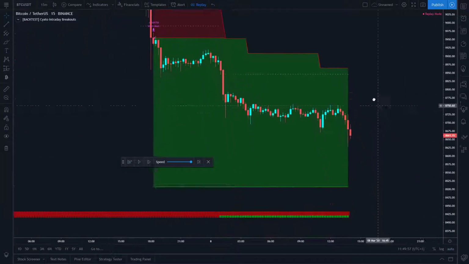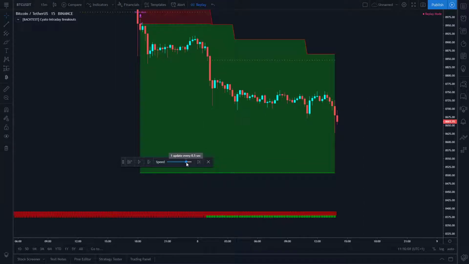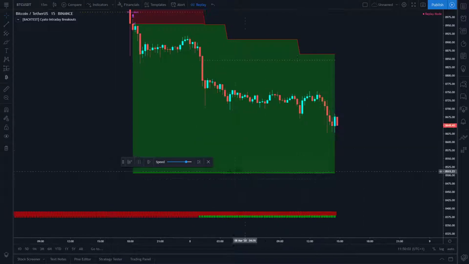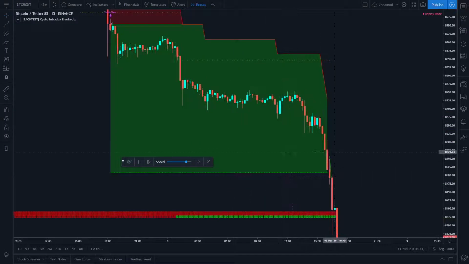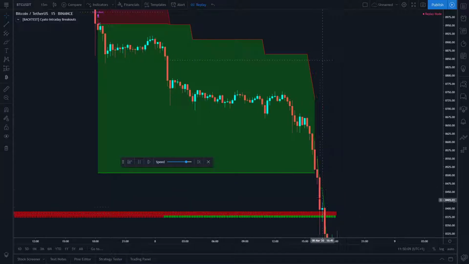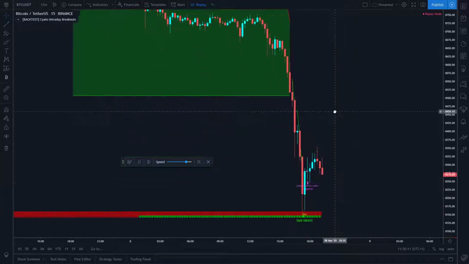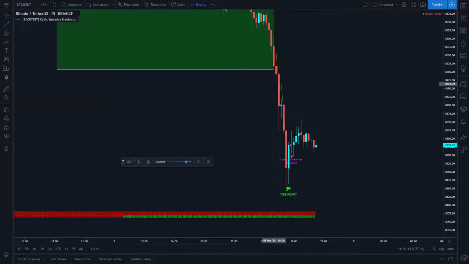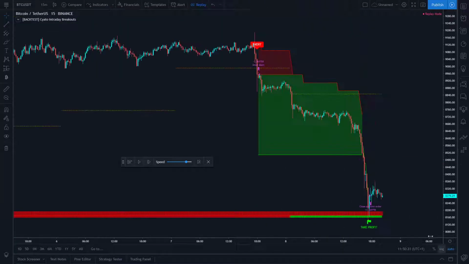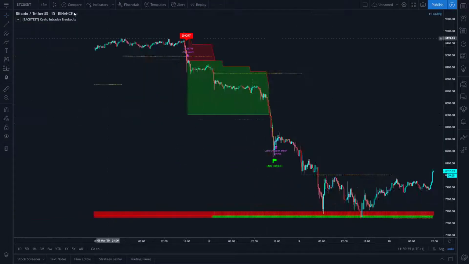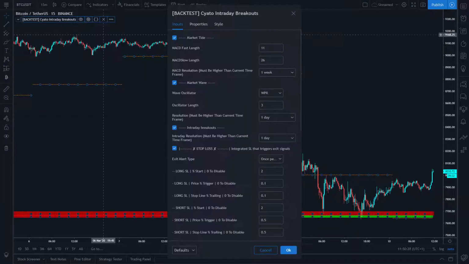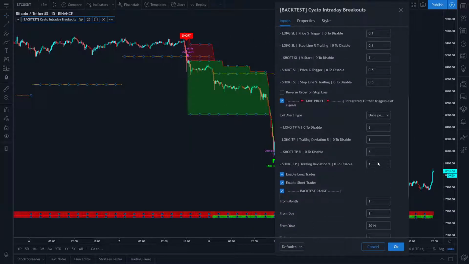So we are in the middle of the trade, and if we use replay mode, we will see how the trailing take profit works. So here we have the trailing line that we can see in green, and that's it. So what it does, it follows the price when it moves in the right direction, and it saves a little bit more profits. So you can play with it in the configuration.